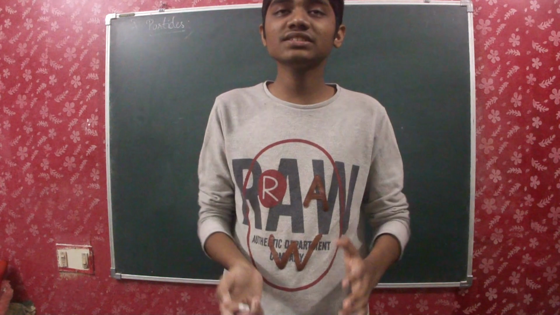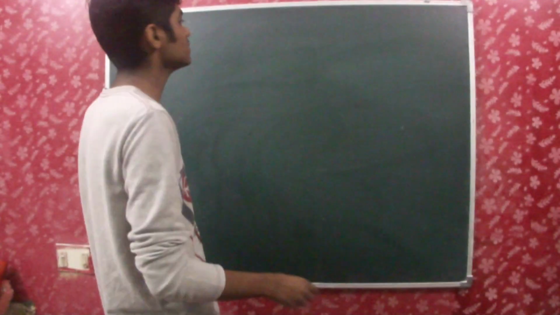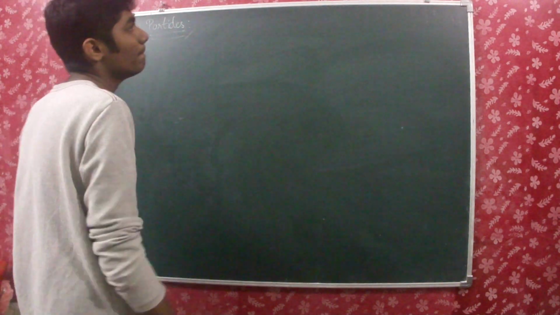This kind of confusion had been going on for years and years, and at last the philosophers and scientists came to a conclusion that matter is made up of particles. But we can't prove something without an experiment, right? So we'll perform one experiment now to know how people predicted that matter is made up of particles. Okay, so let's know that.